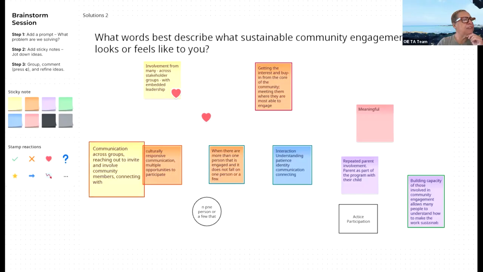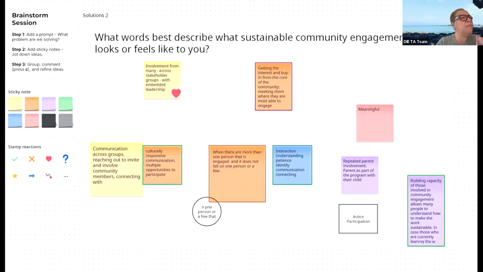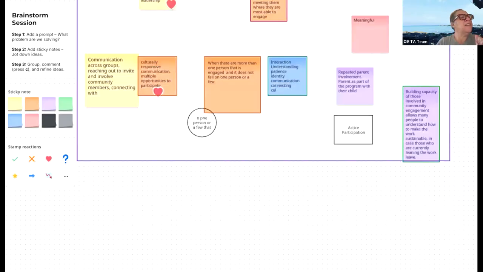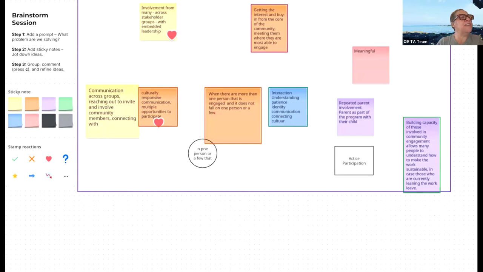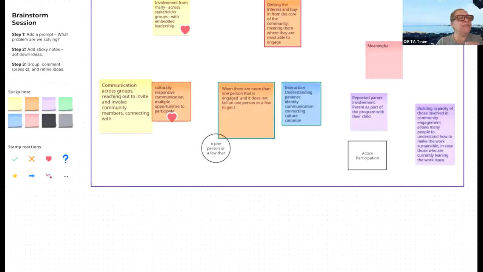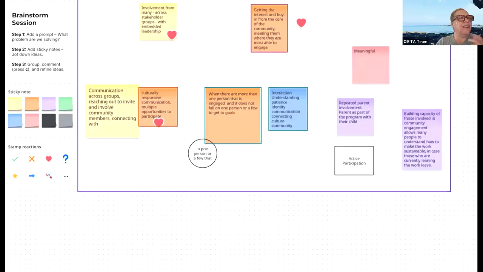Multiple opportunities to participate. When there is more than one person engaged and it does not fall on one person, yeah, for sure. Sometimes it starts off with one, but very quickly you've got to bring more people in, right? Otherwise it's hard if you're the only one engaged.